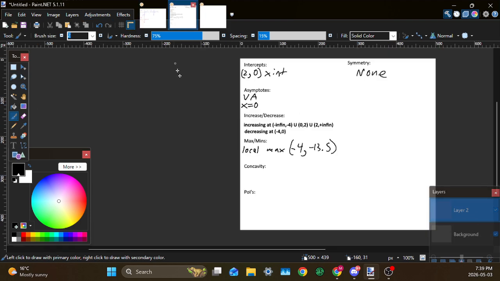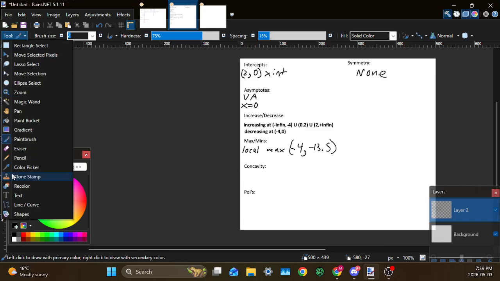So that means that in terms of concavity,